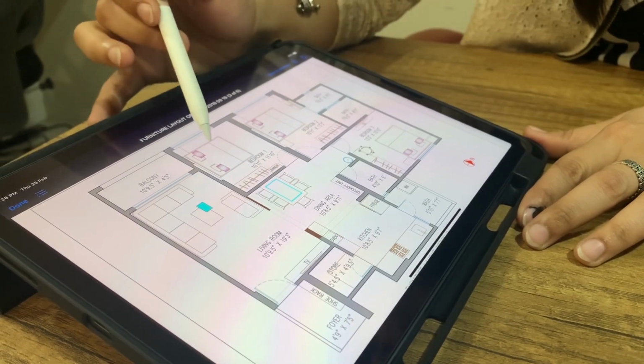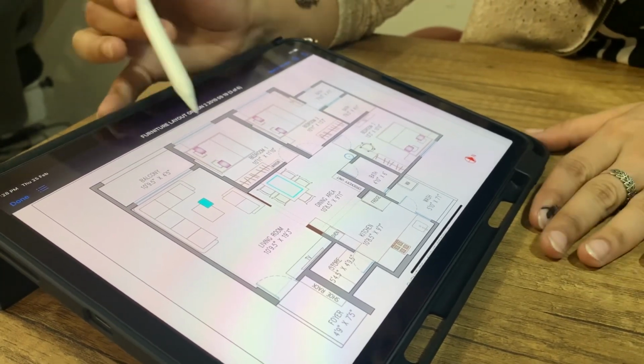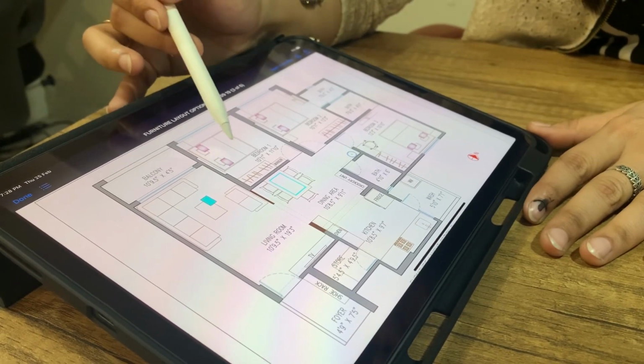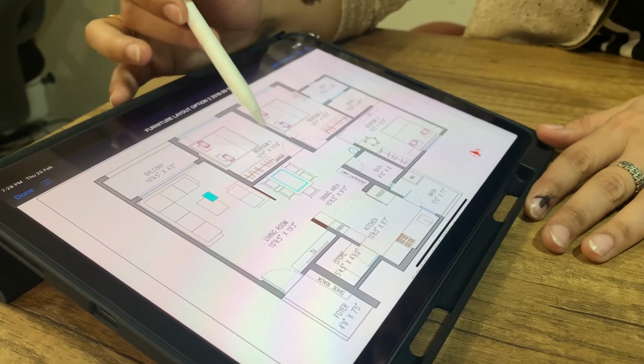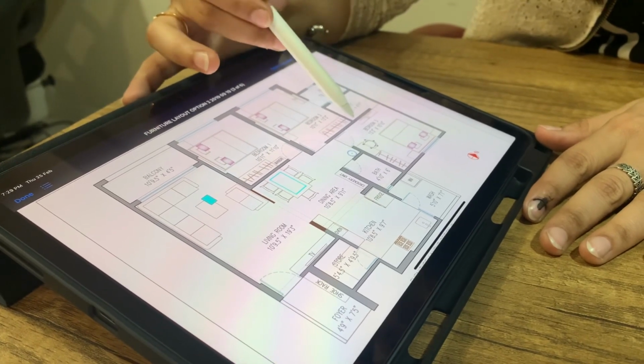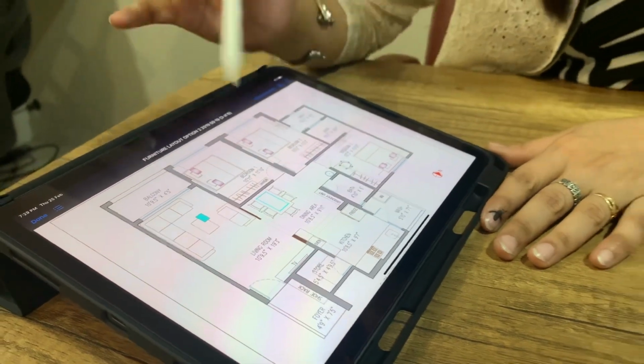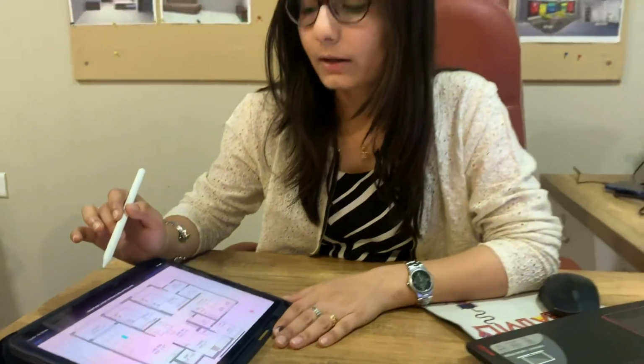And for the bedrooms, we put the basic requirement of furniture like beds and side tables, and a wardrobe. The same will follow for each room. So this is the basic floor plan for understanding. This is a floor plan in 2D format.